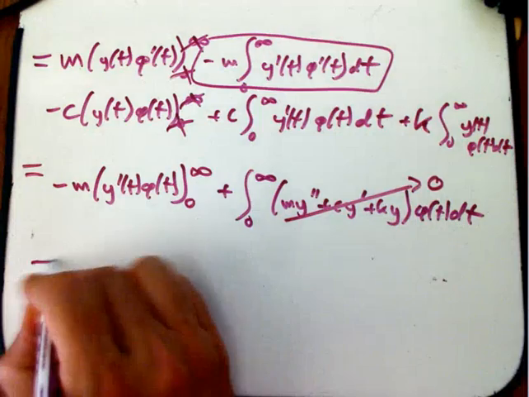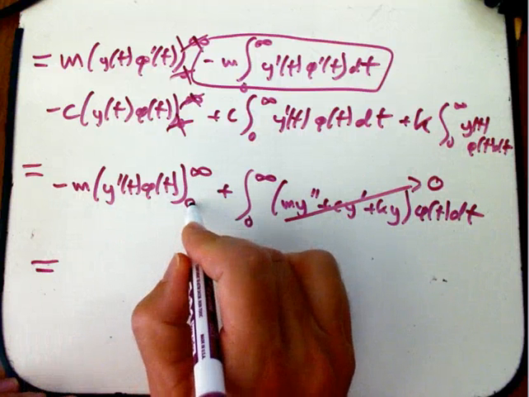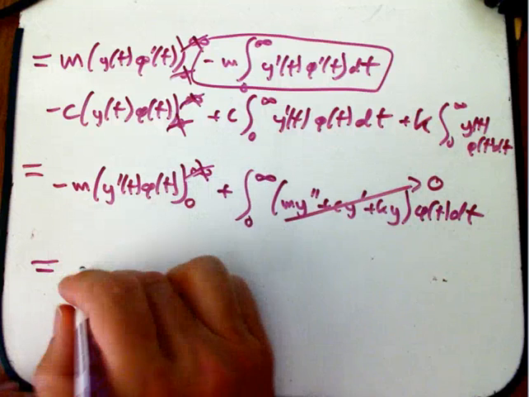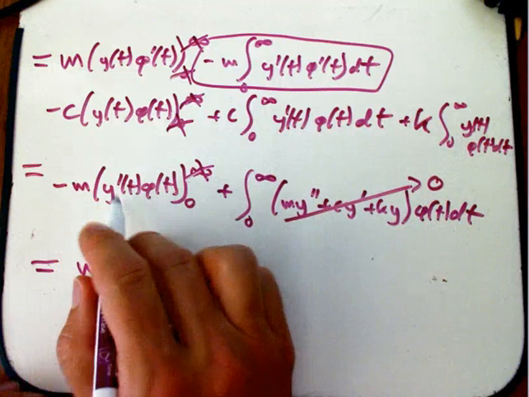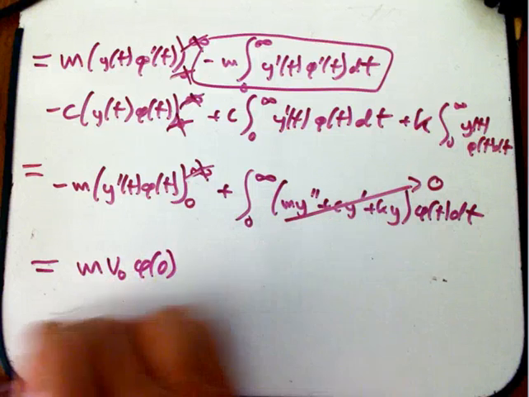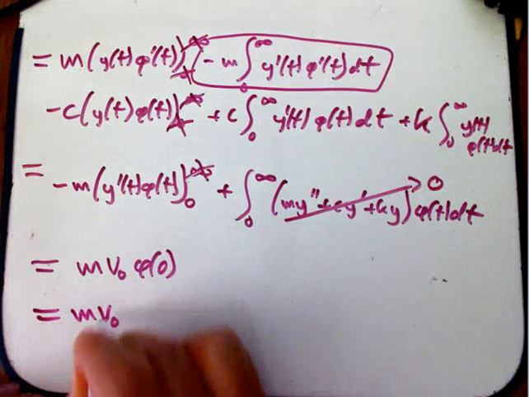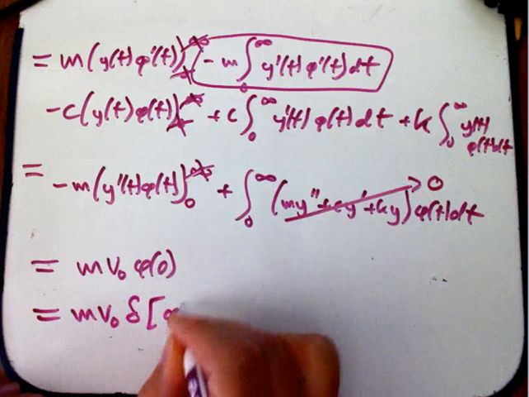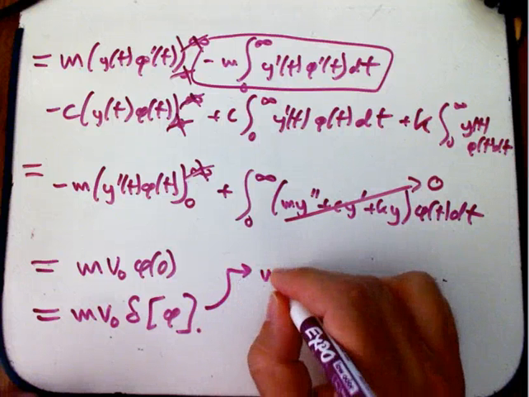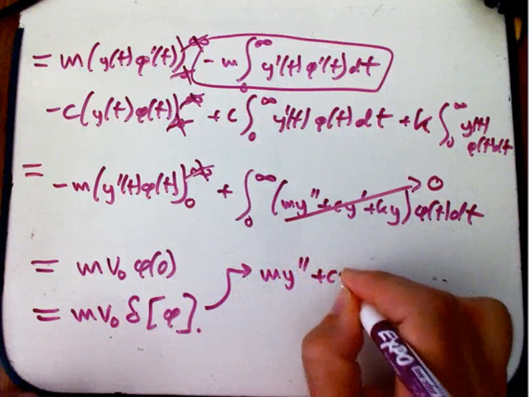Okay, and now this, you're going to get another minus sign because evaluation down here carries a minus sign. That guy dies, though, and all we just get is m, aha, y prime at 0 is v naught, and then times phi of 0, and that's exactly what you get if you take m v naught delta and you act on phi. Okay, and so the upshot is that we've just determined that as distributions on all of R,